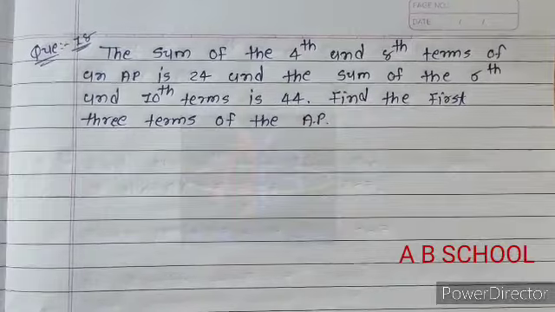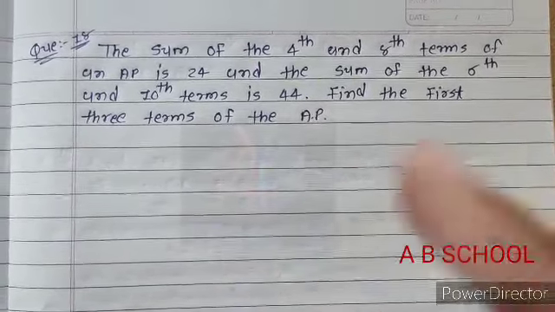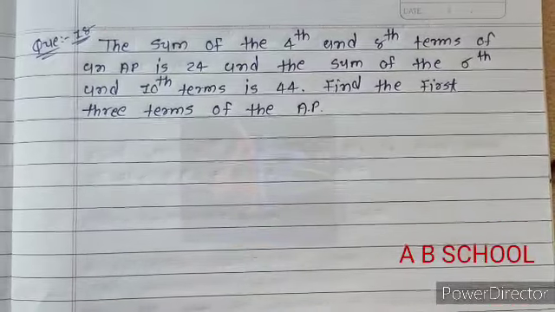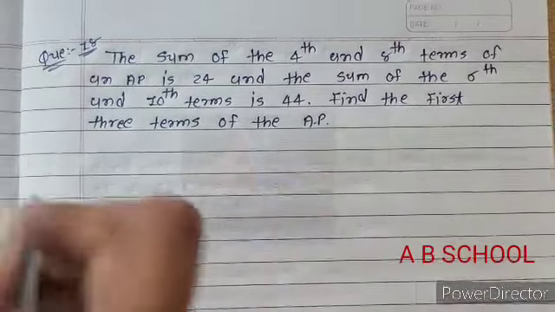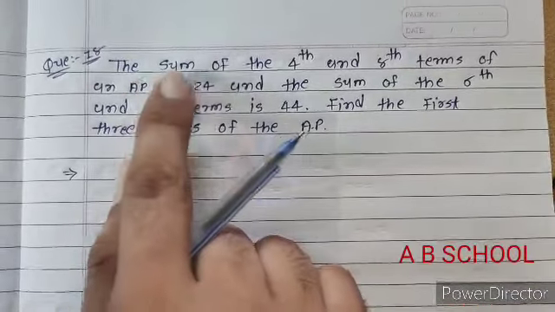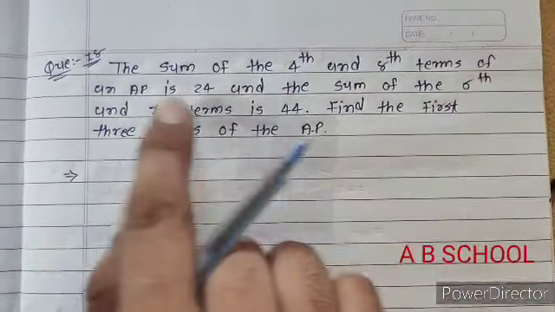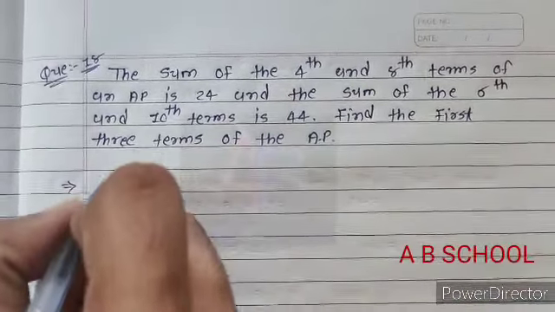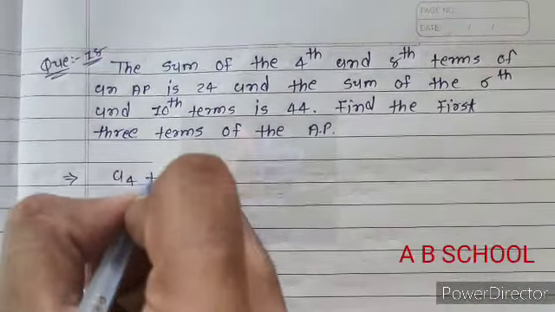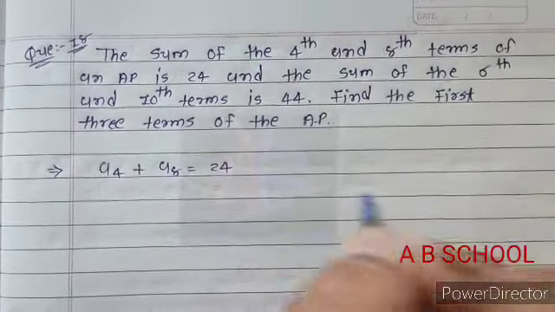So we have to find the values of A1, A2 and A3, the first 3 terms of the AP. First condition: the sum of the fourth term and eighth term of an AP is 24. So A4 plus A8 is equal to 24